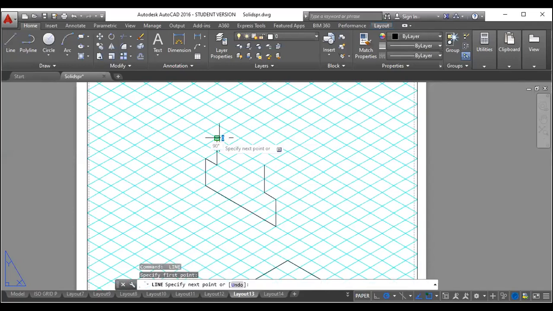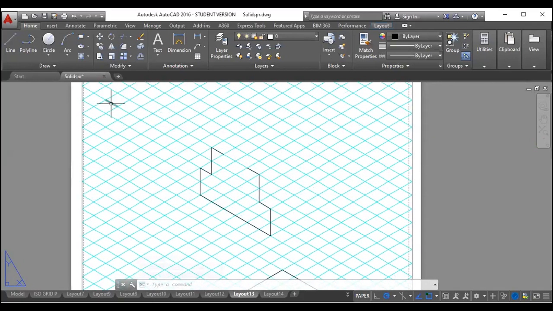So it means I need to come 10 mm from here and then 10 mm from here. So this is 20 left out here. This is the breadth of the last slab, and the height of this is again 20. So from here I will go 20 above, and from here I will go 20, and then join it back.